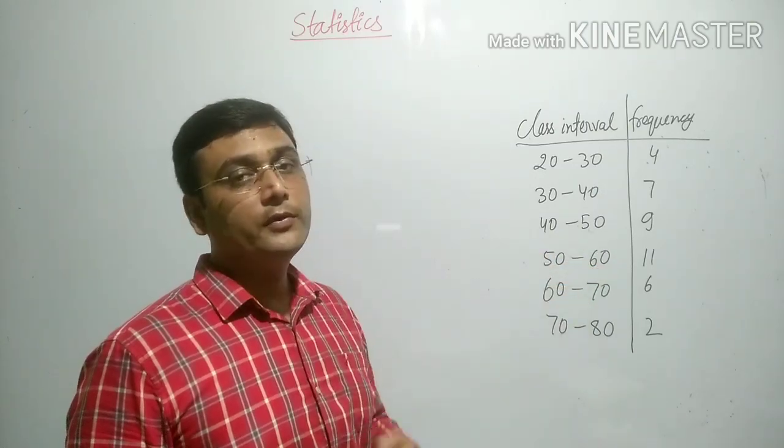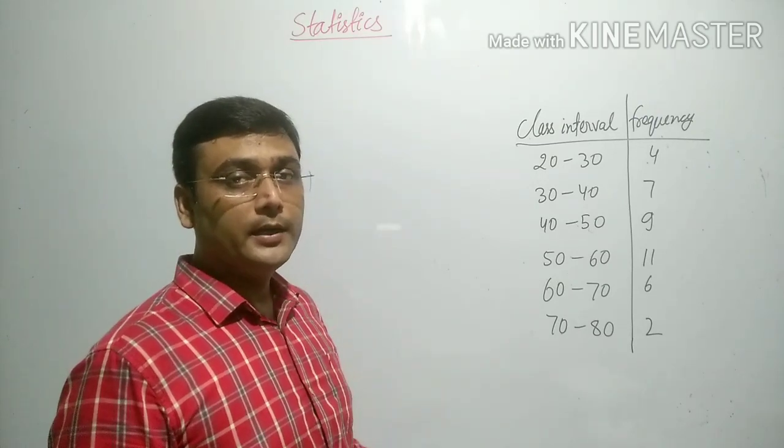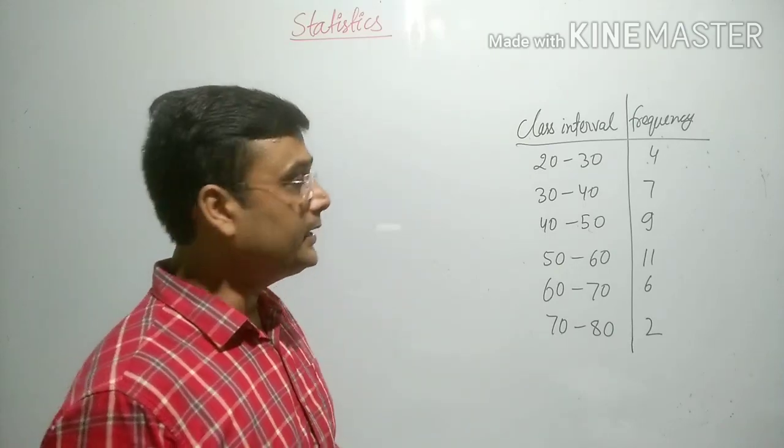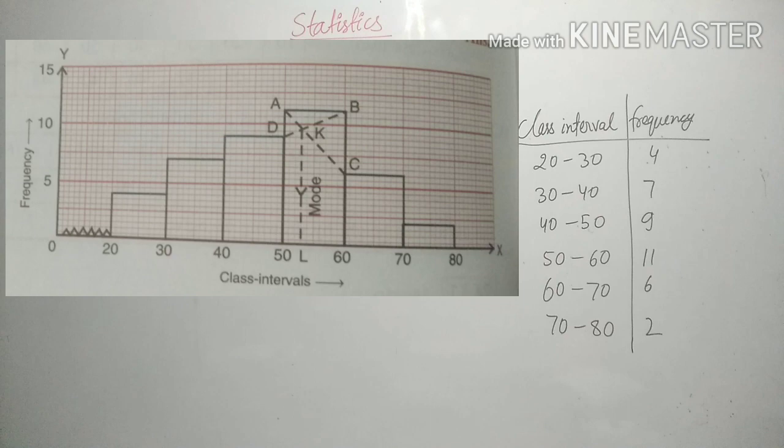With exact value we will find with the help of the histogram, and how we will do that, we will understand in this histogram. So according to the given class interval, this is the histogram. First of all, we will try to understand in this histogram for which class interval there is highest frequency. We can observe for class interval 50 to 60 frequency is 11. So we can understand that the mode will exist between 50 to 60.